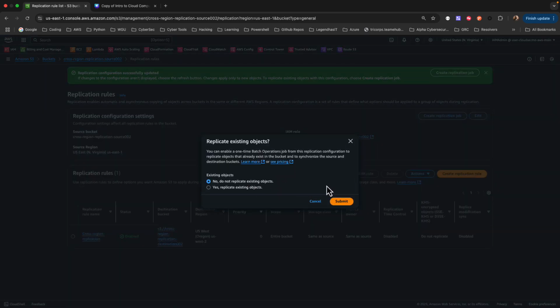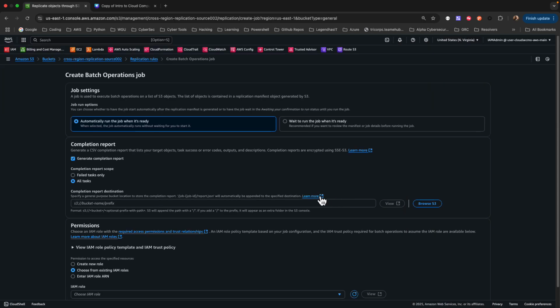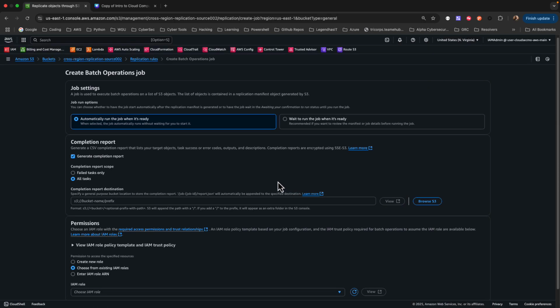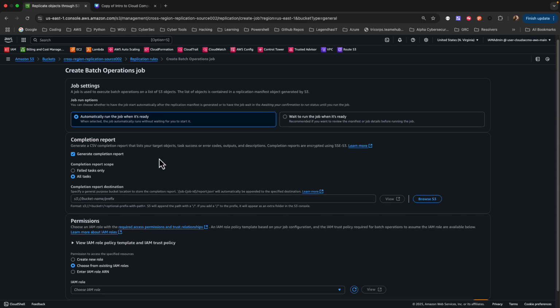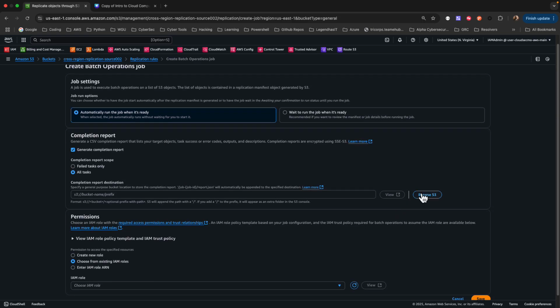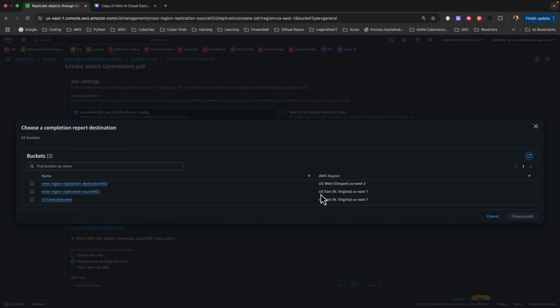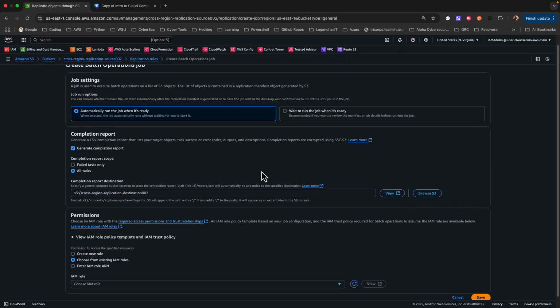And for this, now it's going to ask you if you want to replicate existing objects. Now we uploaded a picture, so if you want to replicate existing objects, you can click this. So we're going to click this, and then it's going to move us to batch operations. So click this and submit. Now we're back in batch operations. So here we're going to browse for destination bucket. Okay. Choose path,